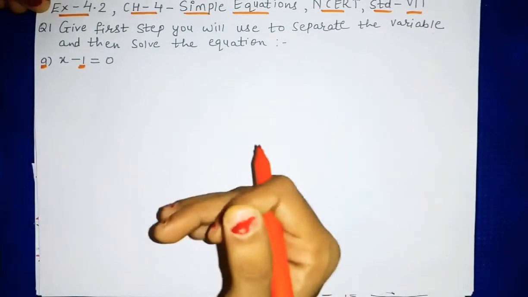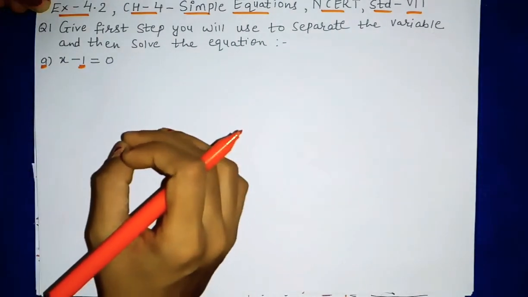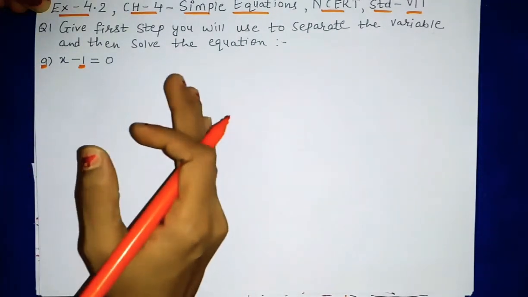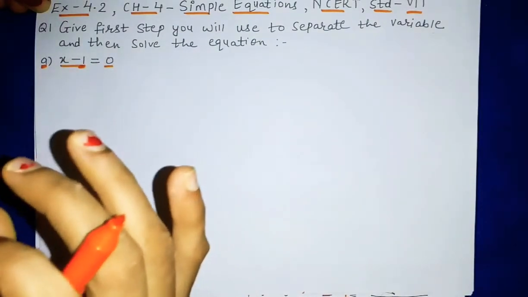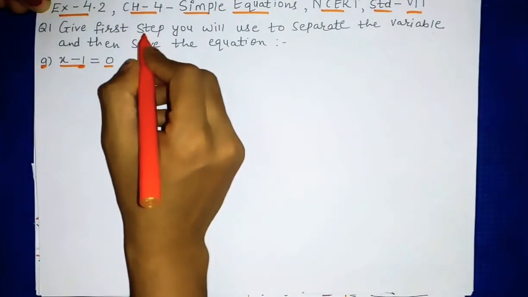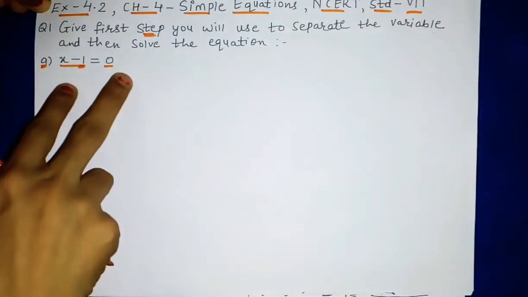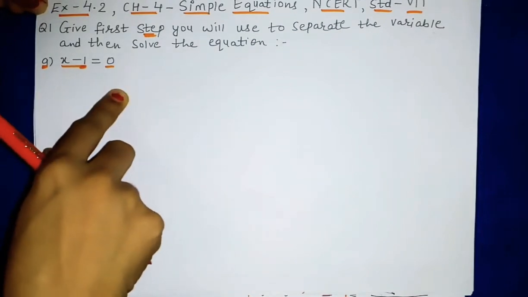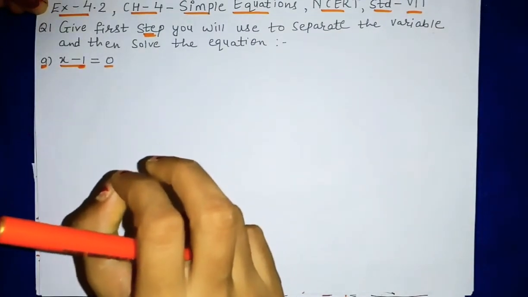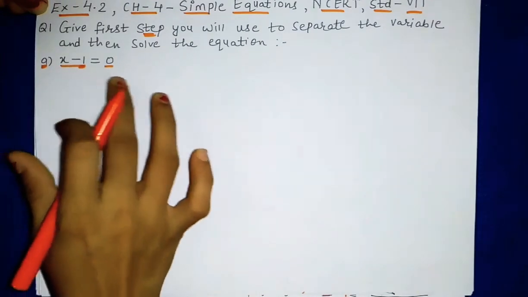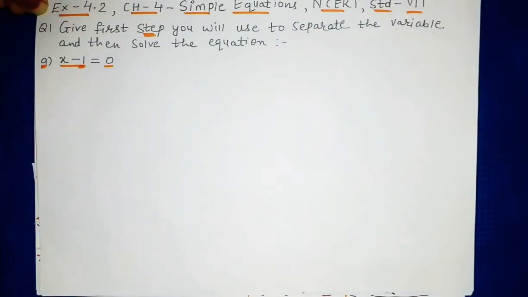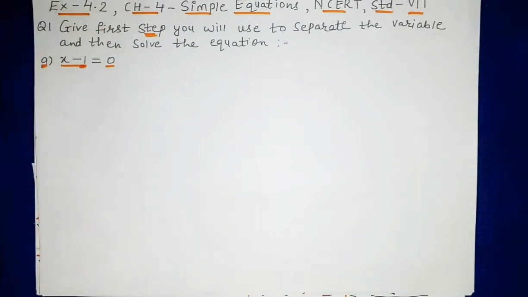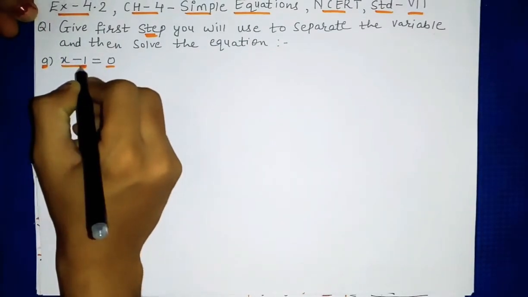Now we will go stepwise for removing the terms. Now in the equation, this is the LHS part and this is the RHS part, both should be balanced. So whatever step we do, that step should be done on both sides, LHS also and RHS also. Whatever calculation you do, it should be done on both sides. So now our first equation is x minus 1 equal to 0. How will we find x? If we remove this minus 1, we will get the value of x.